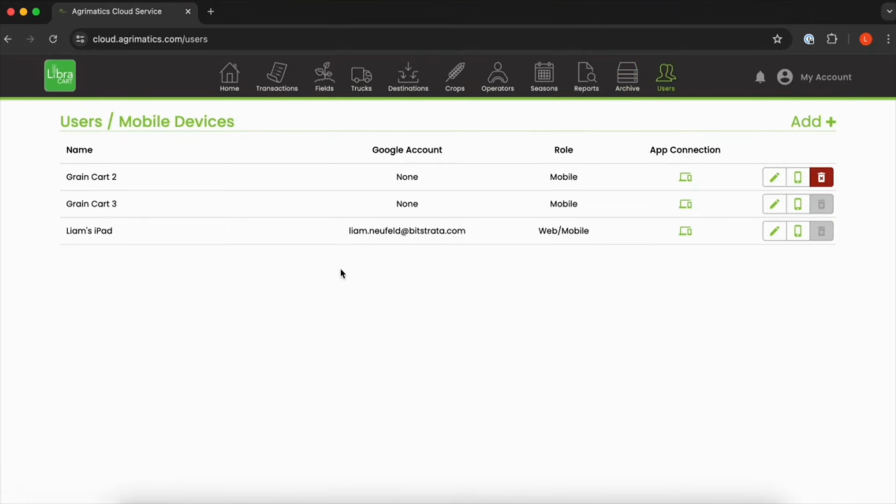As a basic subscriber, you can have an unlimited amount of users, same thing as a pro subscriber. But as a basic subscriber, all of your users are counted as a separate database. That means that if data is edited, added, removed, changed in any way on one user, it will not be reflected in any other user. So, if you have multiple grain carts taking from the same field, they're not going to know that there's another grain cart working in that field, and you'll have split loads all over the place. And you'll need to kind of deal with that manually.